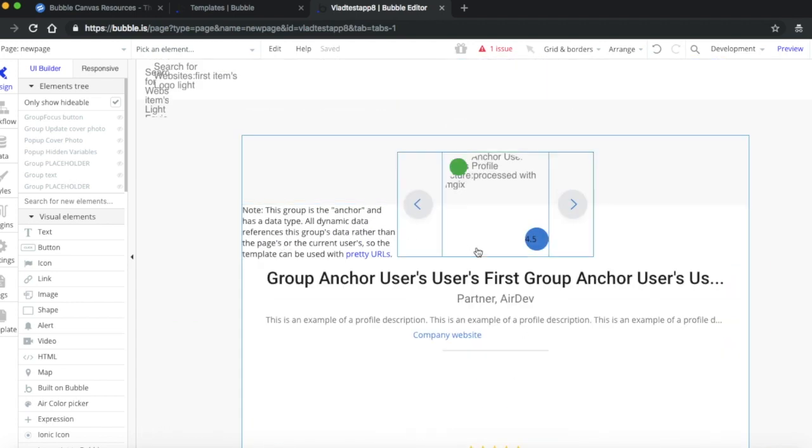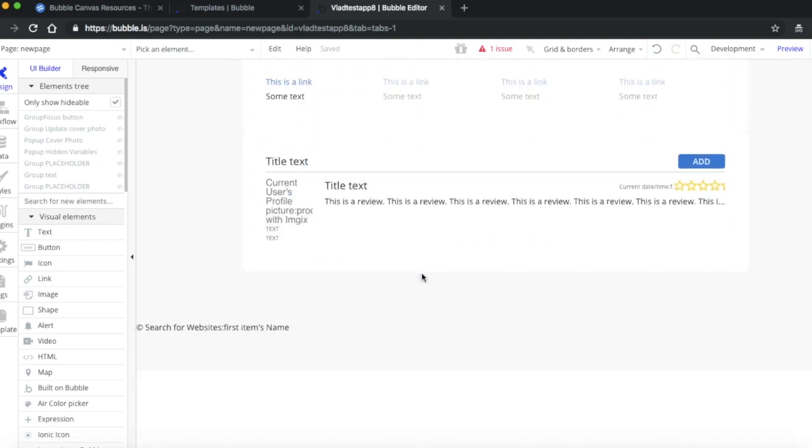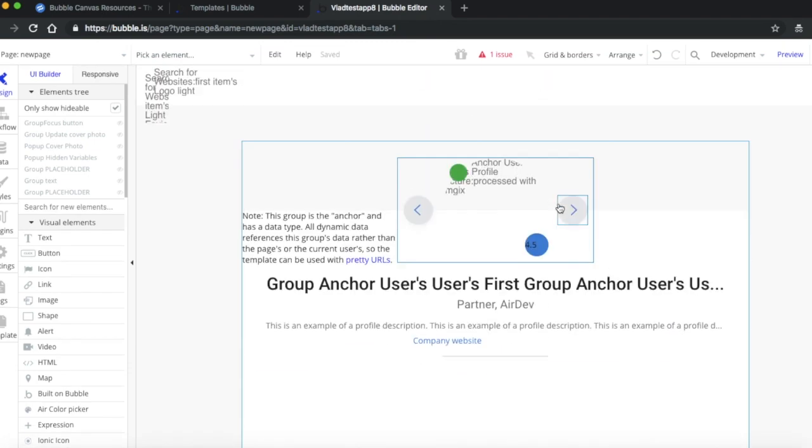Now note, generally we stack all of our groups vertically. And then, if needed, we will hide them one at a time. That's to make your page height respond to what it needs to be. And we don't stack groups on top of each other, so everything is always stacked vertically. That's just a building principle that we use. And then if we preview the page,